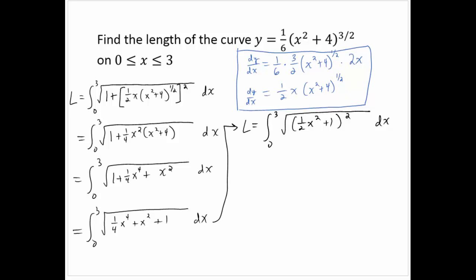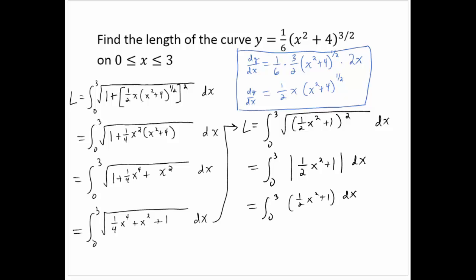And when we take the square root of something squared, that gives us the absolute value of the quantity. But 1/2 x squared plus 1 is always positive, so we don't really need the absolute value here. And so I can just write that as the integral from 0 to 3 of 1/2 x squared plus 1 dx. And this is a fairly